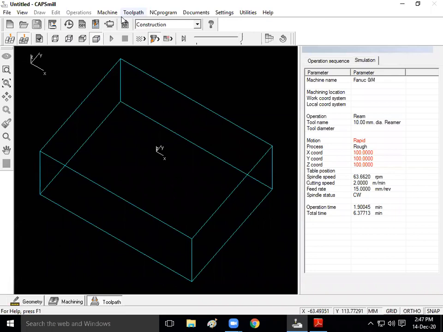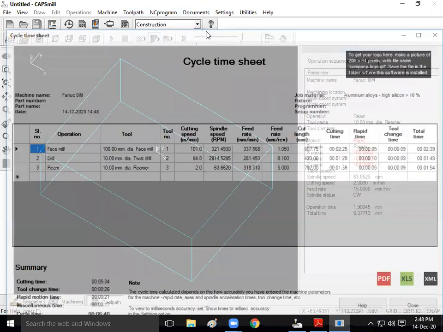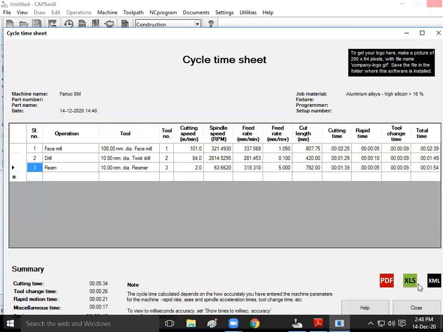If you want documents like a cycle time sheet, for that go to this documents, cycle time sheet. So this is the cycle time sheet. Either you can take the printout in PDF or you can take it in Excel format.